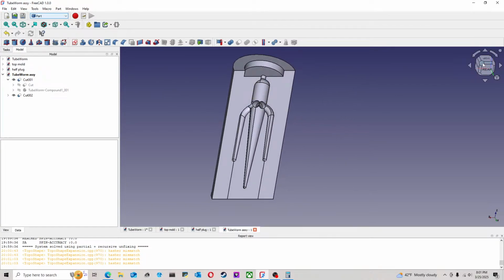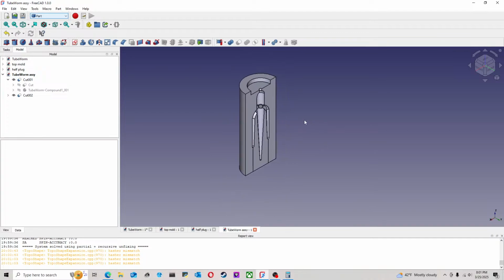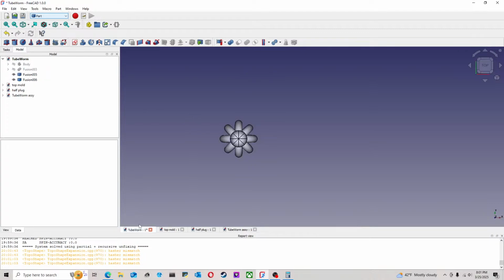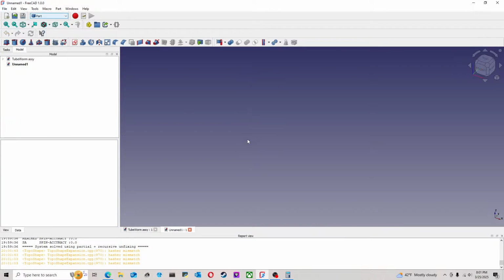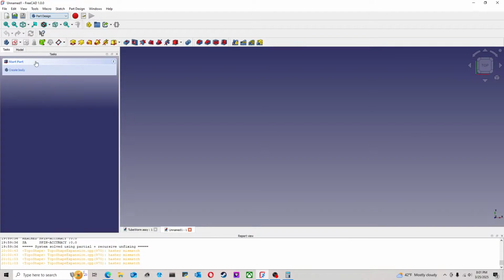And then I need to do a clamp to go around the OD and clamp this all together for when we do the plastic. Alright, so I can go back here, file, save. Don't need that anymore, don't need that anymore, don't need that anymore. And I will do a file new, part design, sketch,